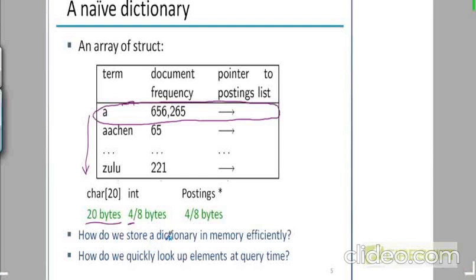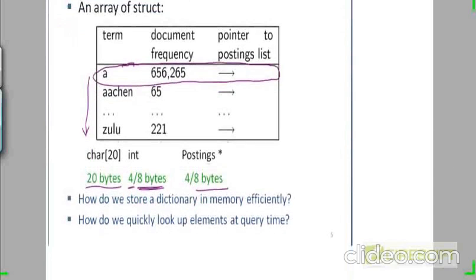It's about 2 to the power 32, approximately 4 billion or so. But in a web corpus, you're going to have a lot more than 4 billion documents, right? So the value of the document frequency can be much larger than 4 billion. So you may have to go for an 8-byte integer to represent this.